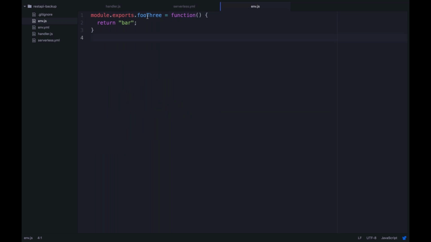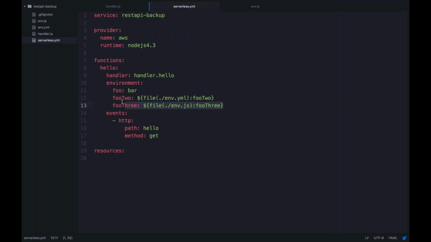And if I open up env.js, you'll see foo3 here, and this is returning bar, of course. So what's happening here is whenever I do anything with the framework, this variable actually goes and runs that code in that file and fetches the value from that code. And again, these are all returning bar, but a lot of cool things you could do here for environment variables.